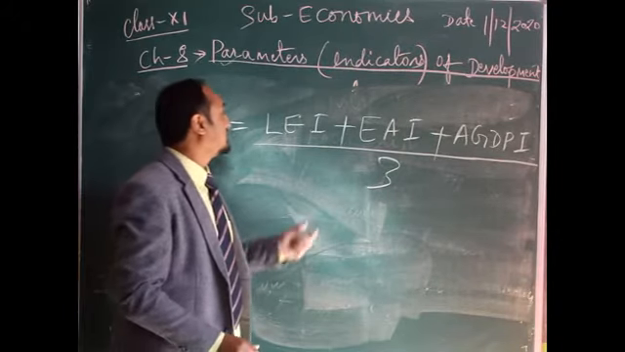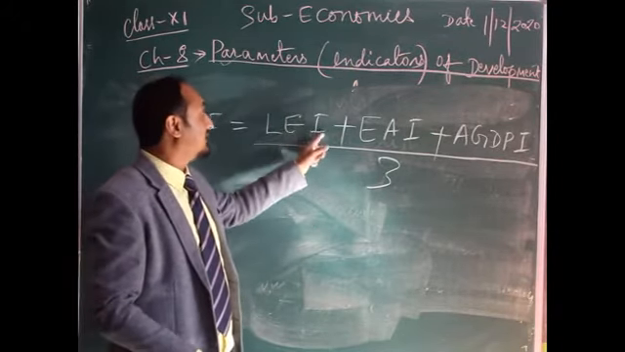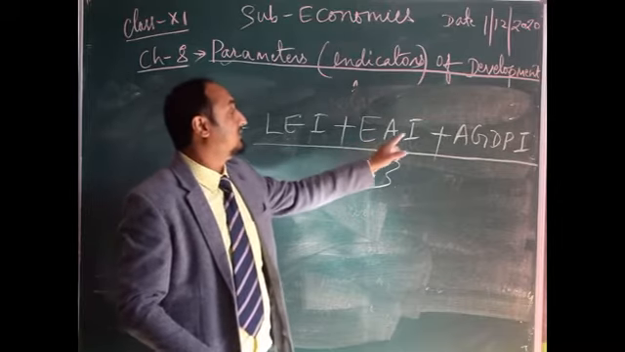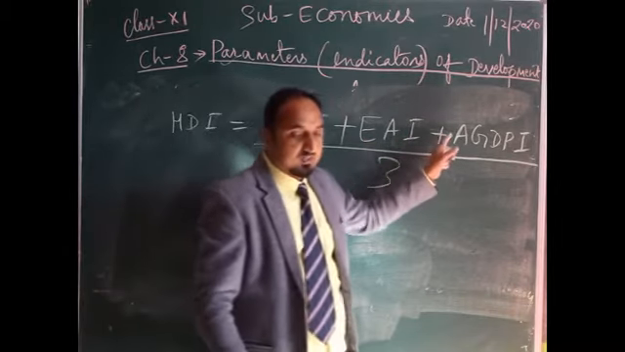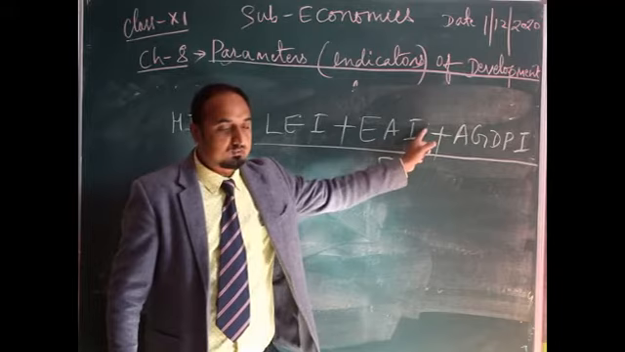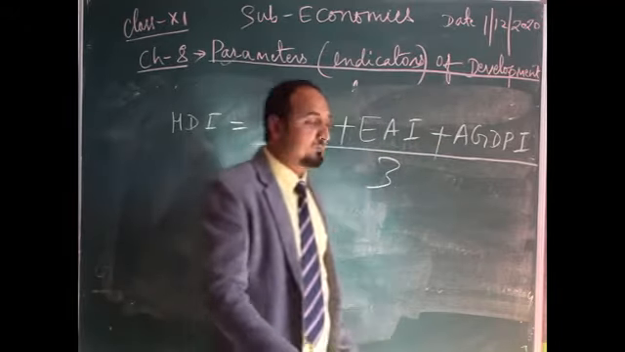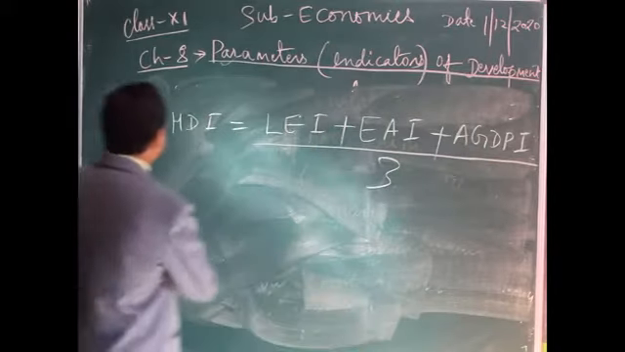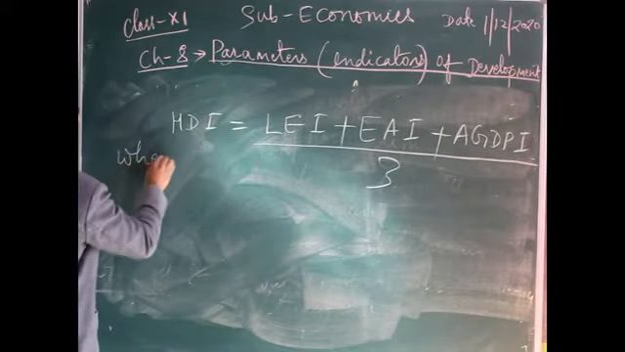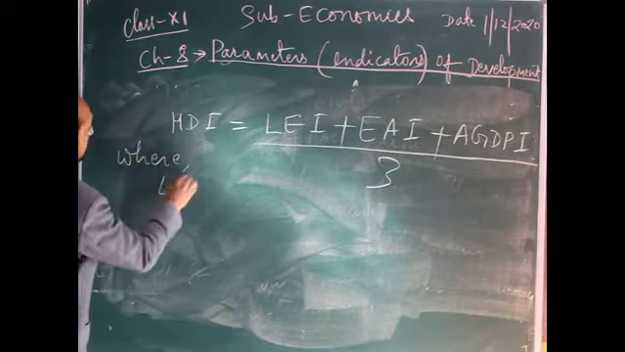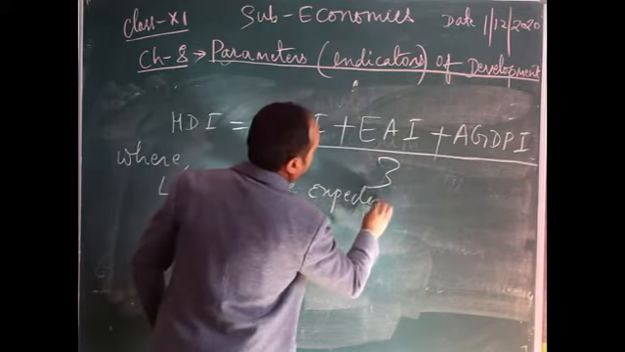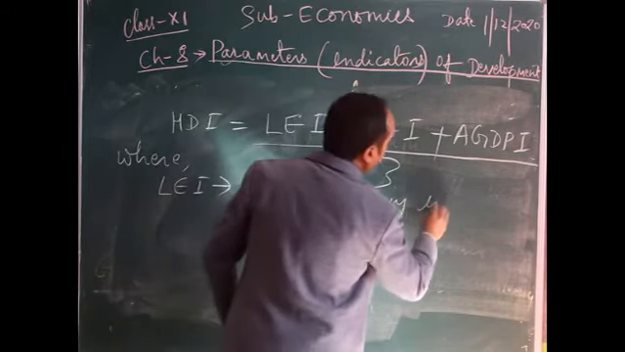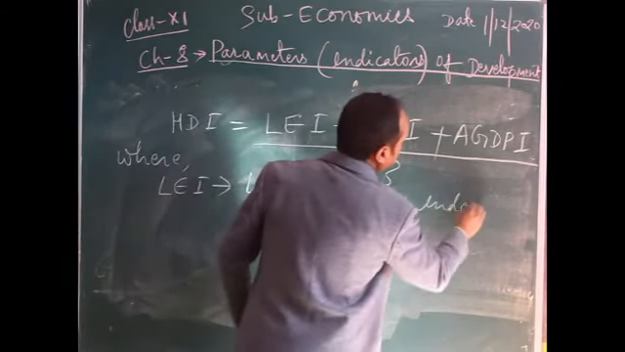So how will we get HDI, Human Development Index? Life expectancy index plus educational attainment index plus AGDPI. This one is adjusted GDP per capita index. Adjusted GDP per capita index. So I will write where LEI equals life expectancy index,